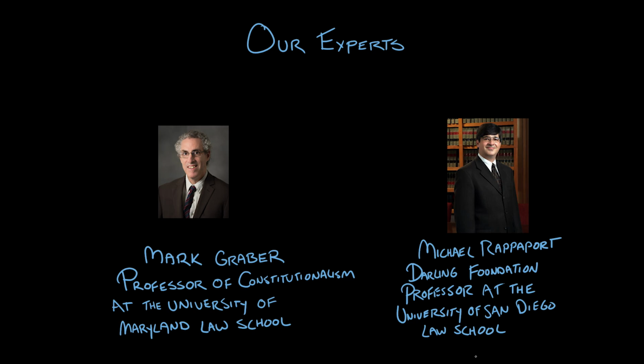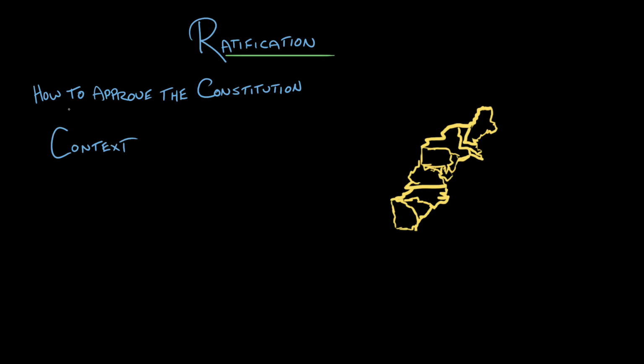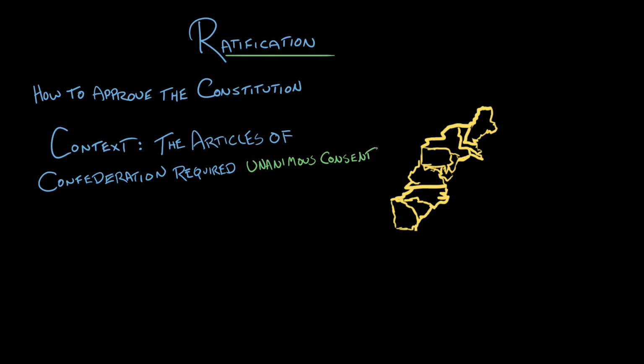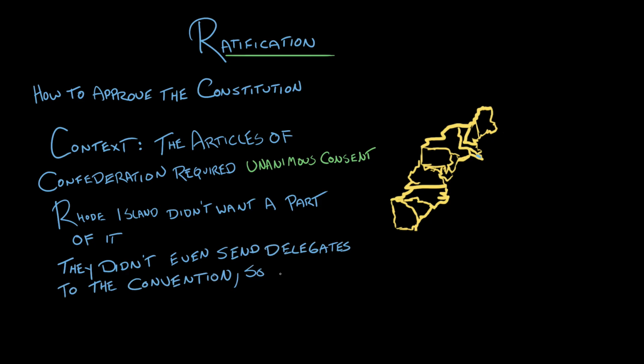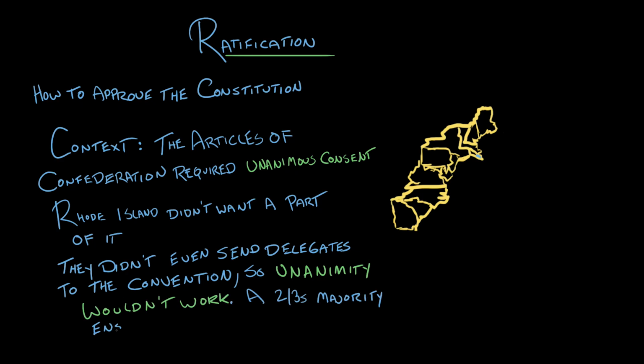What was going on at this time as the framers tried to put a new constitution into the fabric of the United States? Well, one central problem of the Articles of Confederation was that the Articles required all 13 states to consent for any amendment. And it turned out at this time, Rhode Island was a great outlier, so Rhode Island wasn't going to consent to much of anything. In fact, Rhode Island did not even send delegates to the convention that drafted the Constitution. So the framers knew that if you had the unanimous rule for ratification, it would not work. So instead they chose 9, it's about 2/3, 3/4, in part to make sure Rhode Island and one outlier could